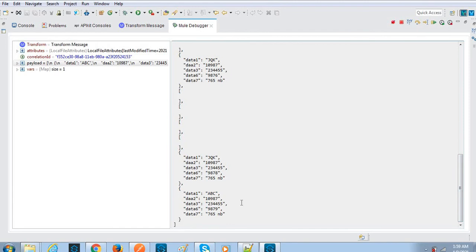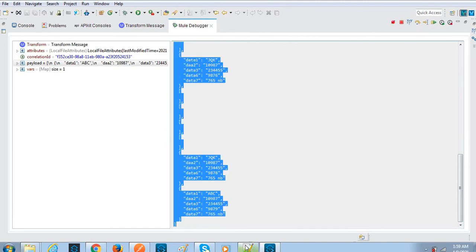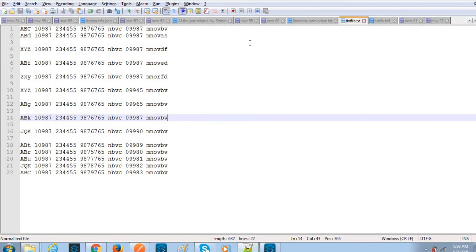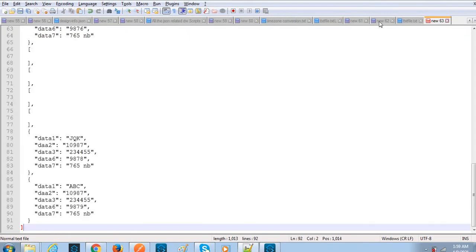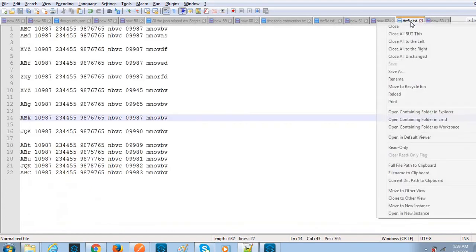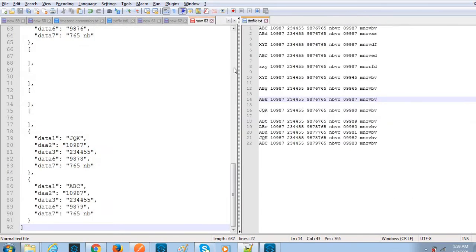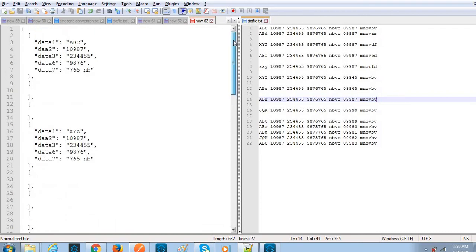Let me copy this content. Go to this one, I will move here, and let me paste the output. Now we can see the data. Here we have ABC, and one more at the last.